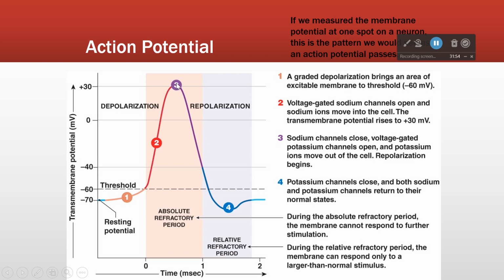Now, once we get up here to the top, the potassium gates are starting to open. So when that occurs, potassium is going to rush out of the cell and drive the membrane potential back down, right? And then as the cell recovers, it's going to go up just a little bit and back to its resting potential. All right, so this is essentially an action potential as viewed in one location at a time. A depolarization, a repolarization, a hyperpolarization, and then a